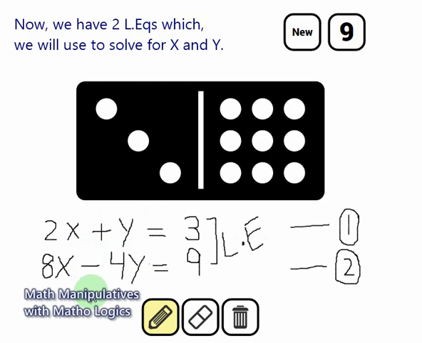So this can be used as a practice activity or as a formative assessment as well, because you never know what equations you could get. So I think this is a great way or a fun way to use in your classroom for linear equations lectures or linear equations practice,